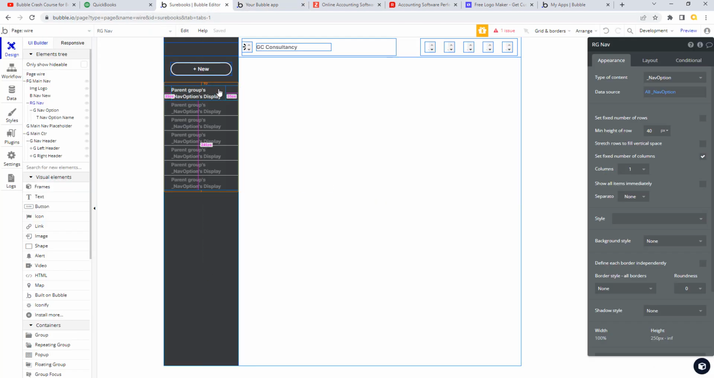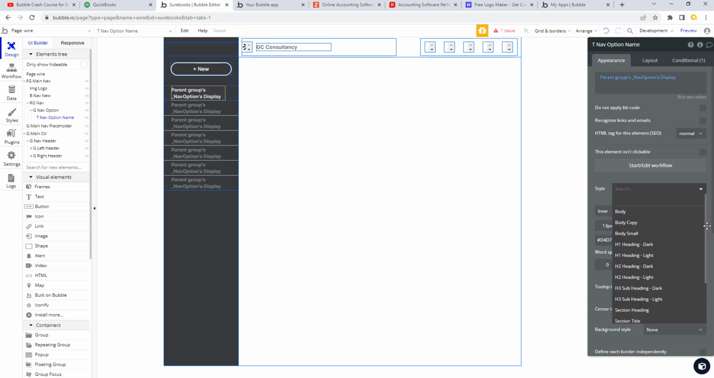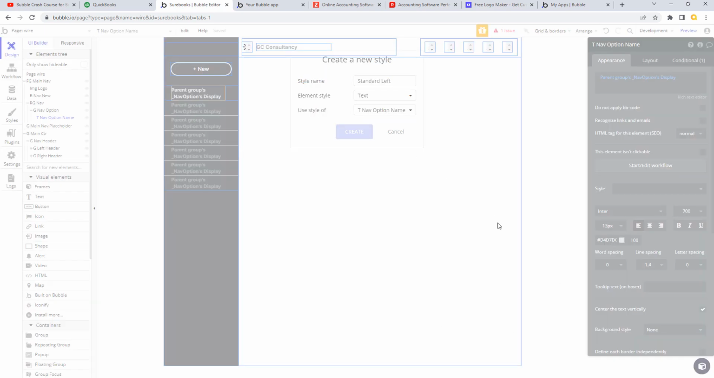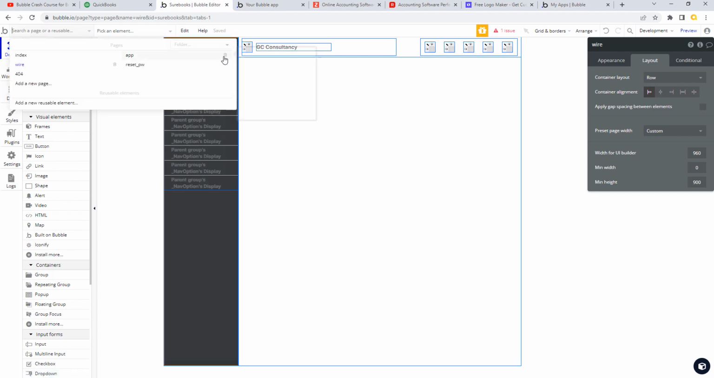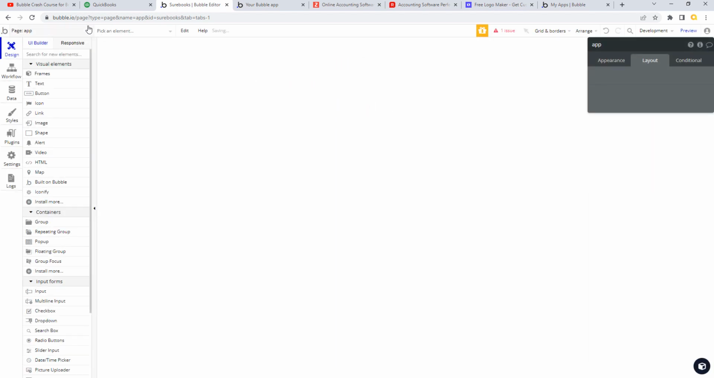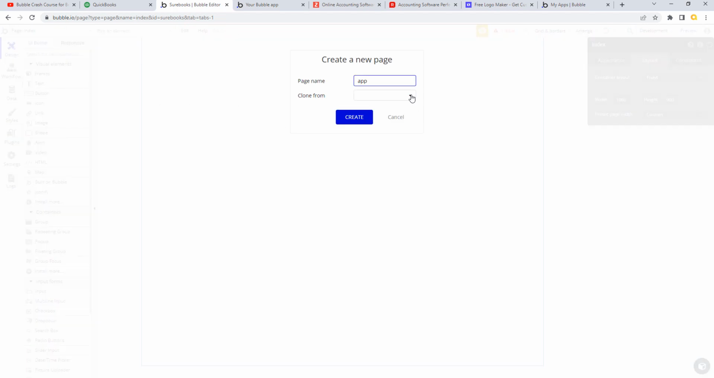Before we do that, I just want to make sure that with this particular text we do actually save the style, so that it all gets fed through, so we can reuse it. And we're just going to call this one, we'll just call it standard left. Okay, and if we need to change it or whatever, we can do. So let's create that. Right, and on our app page we can just delete that. Delete page app, and what we can do then is add a new page, call it app, and we're going to clone it from our wire page. Okay,